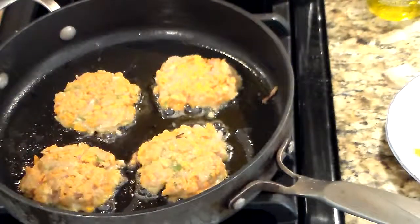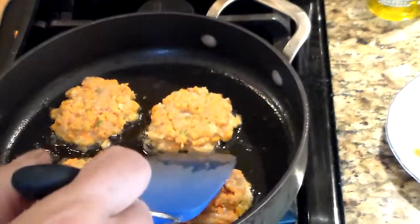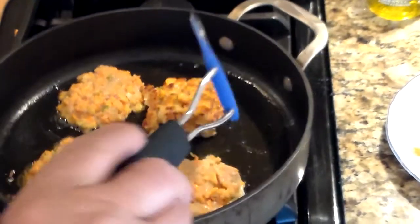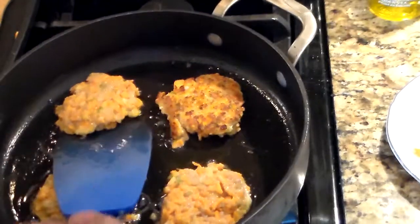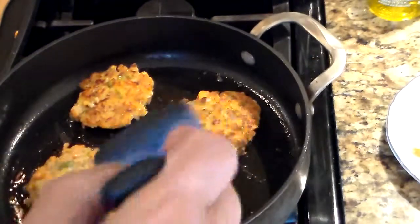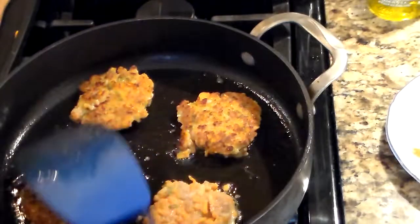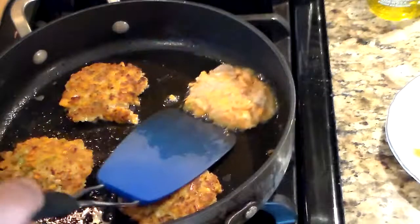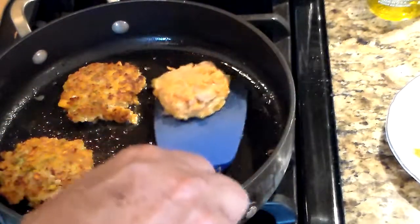Well, I'm happy to say that I like this a lot, because I just ate 2 of the patties that I made, which I wasn't supposed to do. And what's nice about this, when you eat those patties or croquettes, don't you find that most of them are made of breadcrumbs? Which is disgusting that they do that, especially the ones with crab meat,